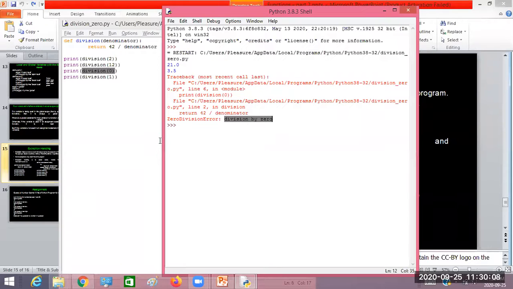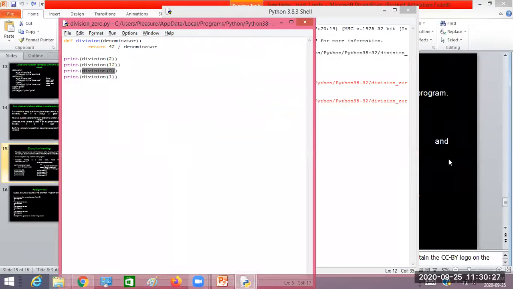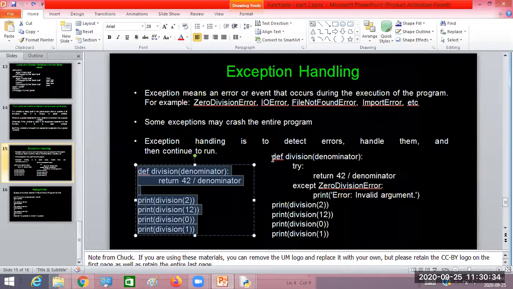Now, when you are performing division, because you are asking the user to give the input, the user may give any data. So it is the responsibility of the programmer or the developer to handle such errors in the program, right? That we call handling the errors, exception handling. So how do we overcome this error message? For that we can use the try and except clause. You can use the try and except keywords.